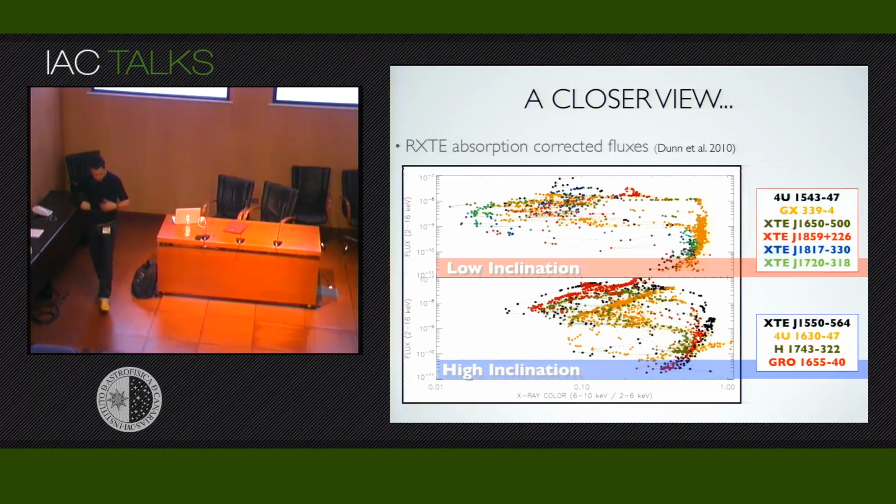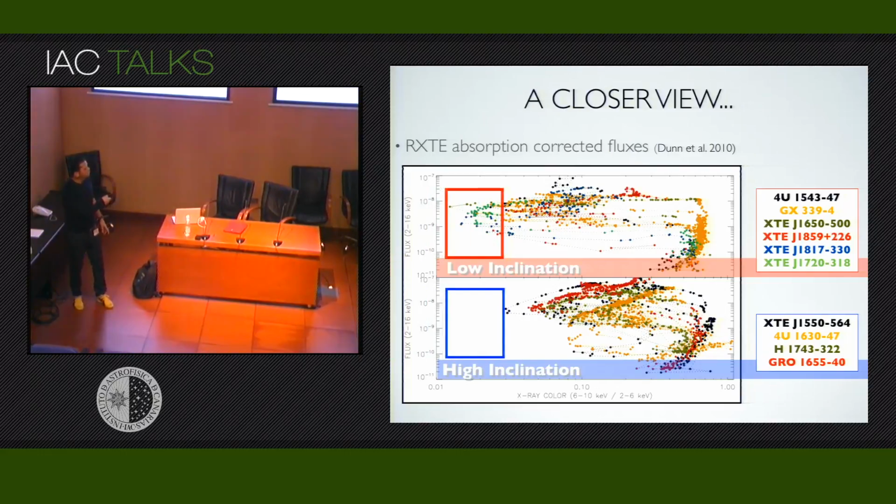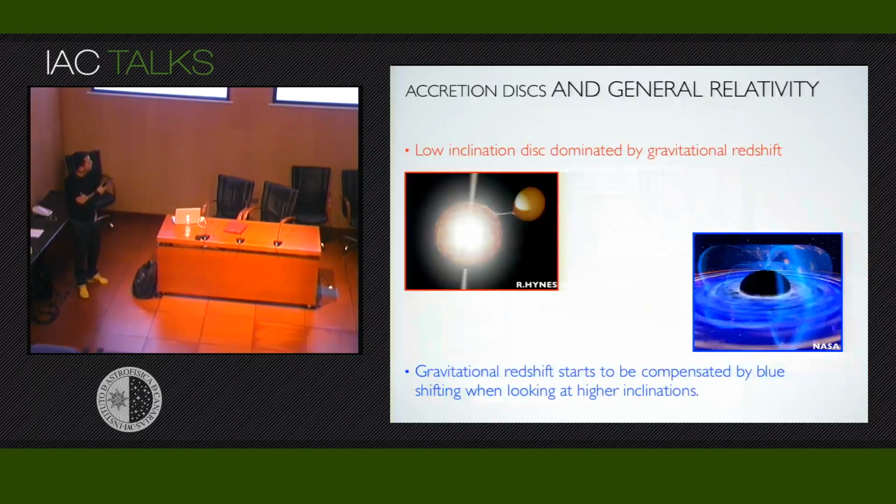in a different way. However, if we plot the whole population, we see that this is actually a global trend. So here, all the transitions are horizontal, as you can see, and here, let's say, like triangles. More interesting, every low inclination source becomes softer than the whole population of high inclination sources. And the question is why? Why do we see this clear trend here? So let's think about, as I was mentioning before,